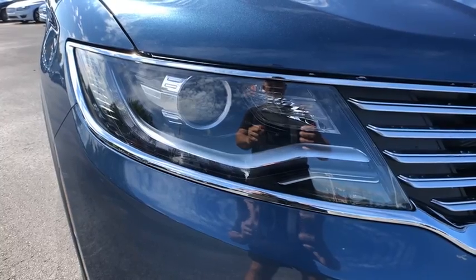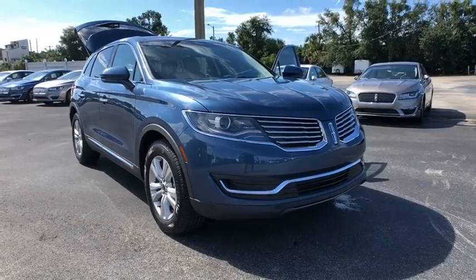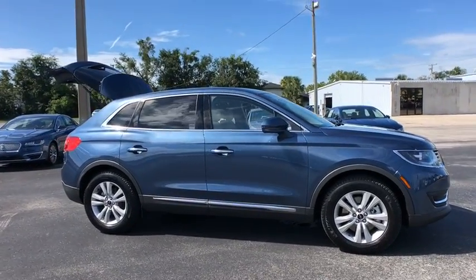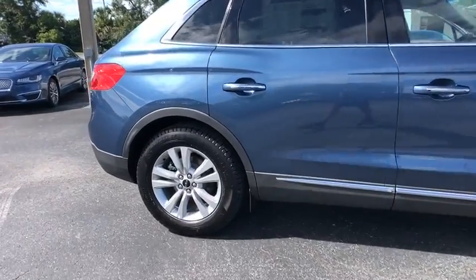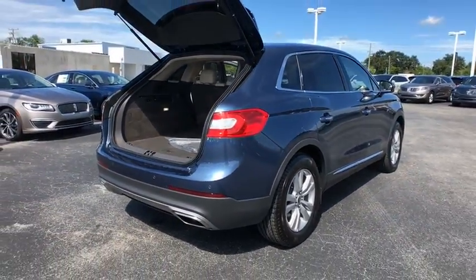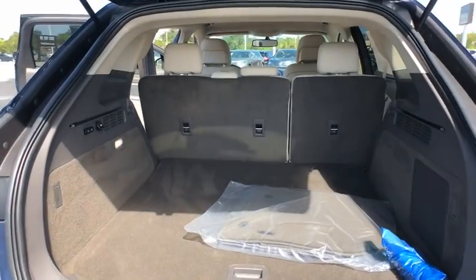The 2018 Lincoln MKX. The Lincoln MKX offers performance and a distinctly powerful ride that's ahead of the curve. Boasting excellent launch and acceleration with a powerful engine that delivers plenty of horsepower, the Lincoln MKX is truly empowered for action. Here are some of this vehicle's great options: stability control, traction control, remote engine start, power passenger seat,